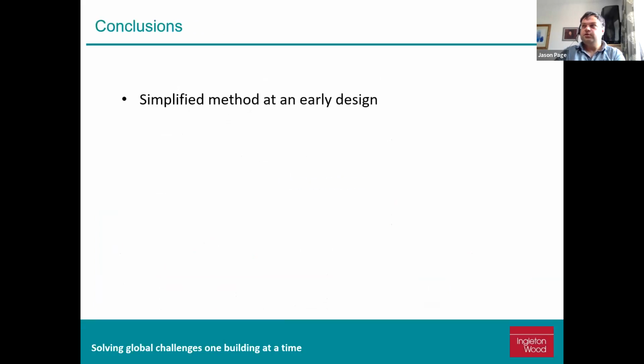So to conclude, I would run simplified calculations at an early stage as possible when designing. The earlier you are, the greater the opportunity to design out some of the issues. If at all possible, avoid ground floor units. Bungalows and ground floor flats, they have particular design challenges in bedrooms in the simplified method. If this is not possible, then you do need to consider design solutions.